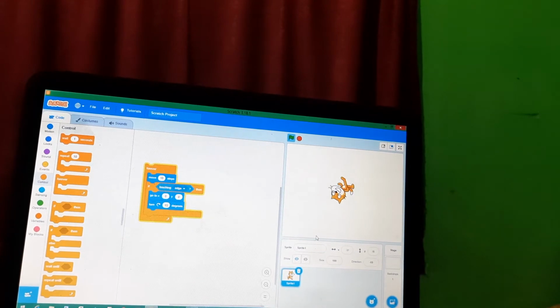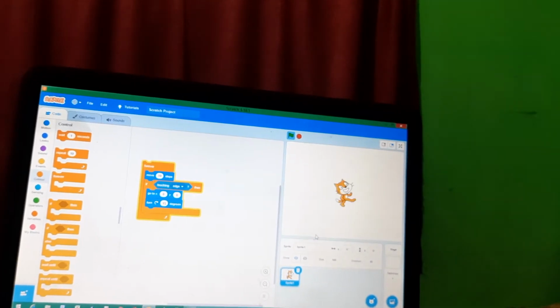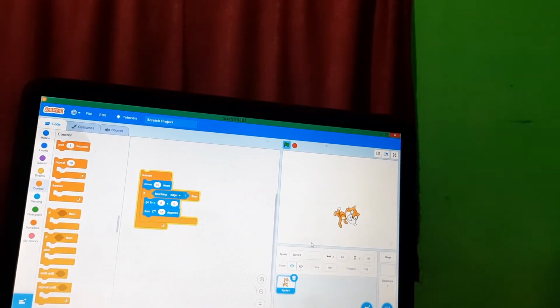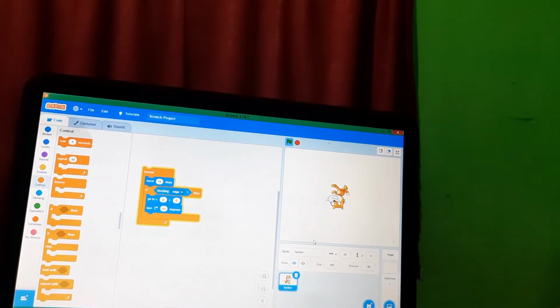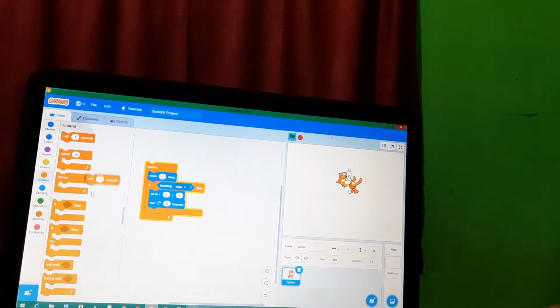Okay, as you can see, your sprite is moving and it is turning 15 degree every time. But it is again coming back to 0 0. How to handle that? Use wait 1 second.